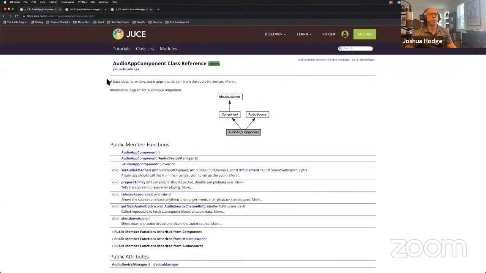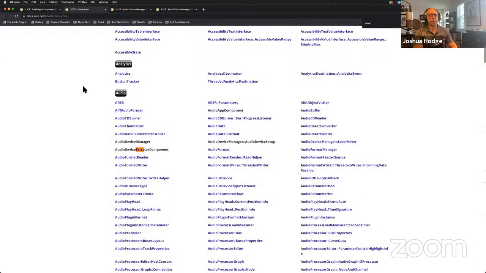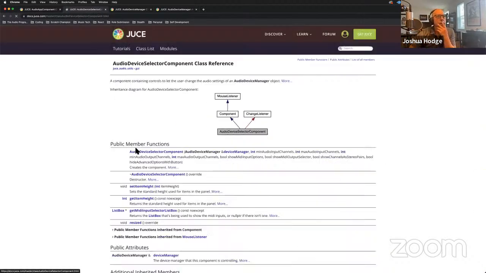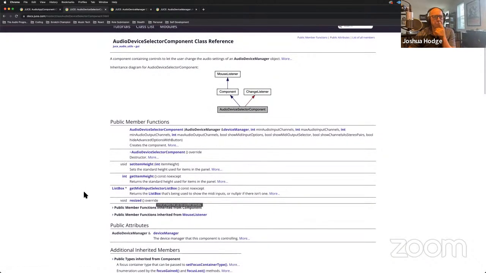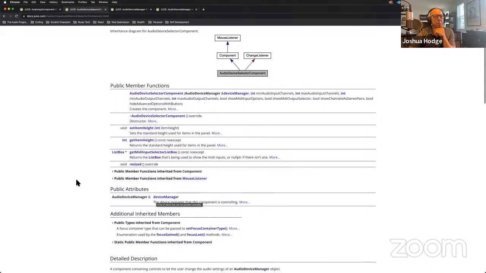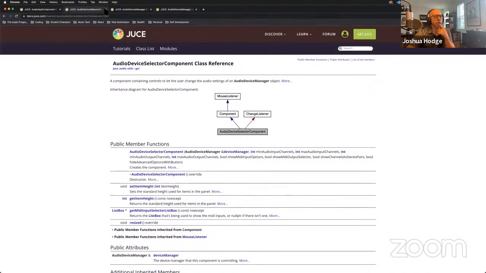So let's see here. So let's go here. Selector. Okay. No, I didn't think so. Well, there's this one that shows the list box of all the MIDI devices. That's not quite what I'm looking for. How do you get a list of